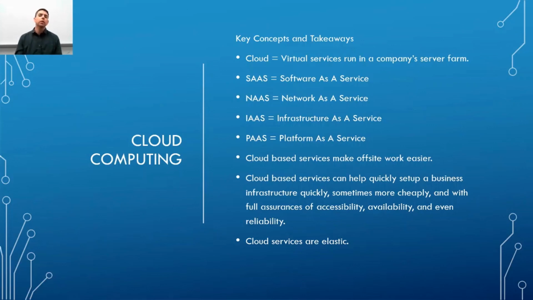Infrastructure as a service is where you have actual, let's say, a server infrastructure that you have to install your operating system on and so forth. And then they basically give you the server in one sense. It's a virtual server, but they give you the virtual server to basically do whatever you want. It's not software as a service. Software as a service is they're just providing you the software. If you need access to Word, etc., that's what you get. Whereas infrastructure as a service is where you've got the server, you can install whatever operating system on that you want, any software, etc. Whereas a platform as a service,